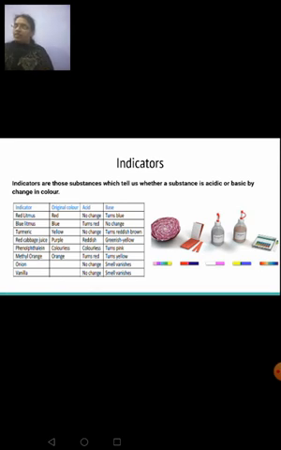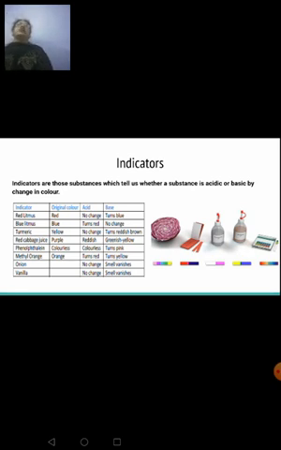So these are the things that we have learned today: the properties of acids, the properties of bases, about indicators, and a few examples of acids and bases. These things we have covered today. Apart from this, litmus is obtained from the tree called lichen. So this litmus can also be called a natural indicator.